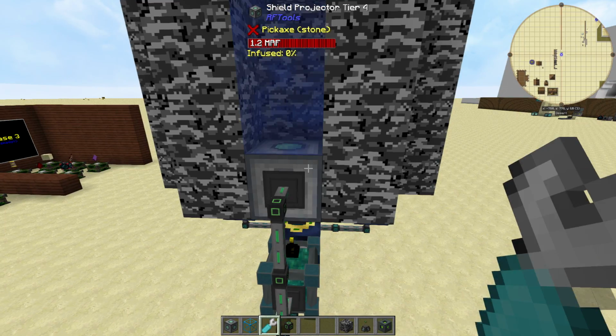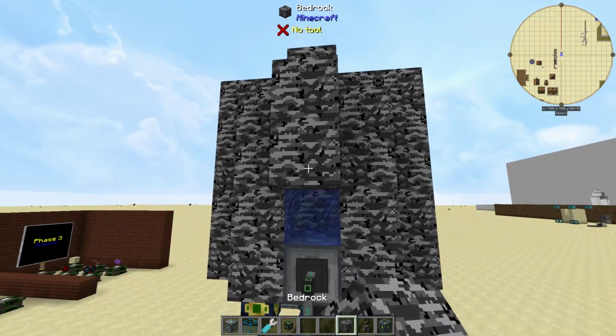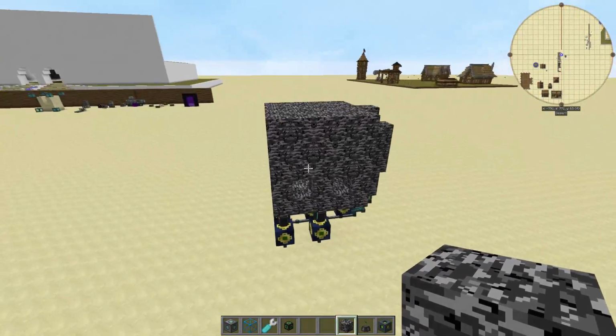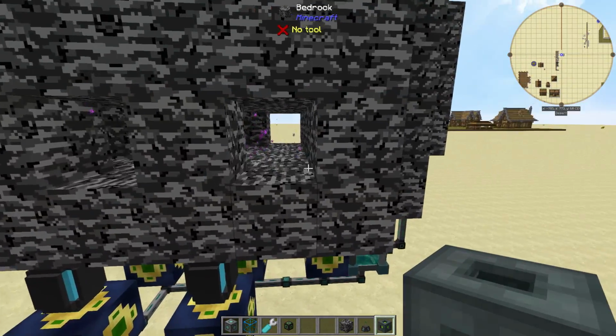And so we're just going to right click on this now with the smart wrench, and that should activate the shield. You can see it's in blue there. And so now that it's active, we can actually block off this back bit here, and that is the farm structure fully completed. The only other thing we're going to do in this phase is add in the XP vacuum,